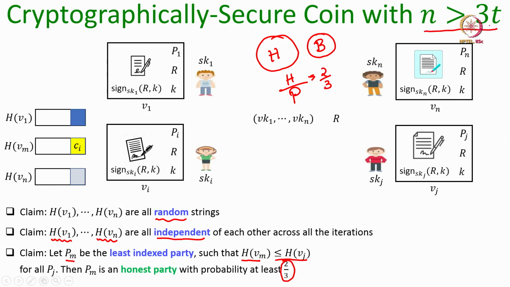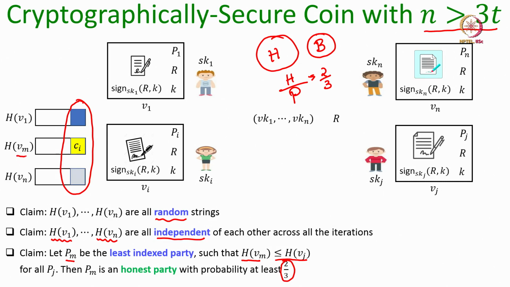So, 2/3 of the parties are honest and 1/3 of the parties are corrupt. And since the hash values of all the tuples are independent of each other, random strings, the LSBs are also random. So if I focus across the LSBs of all the hash values computed during the coin protocol, they are a random string, and what we want to analyze here is